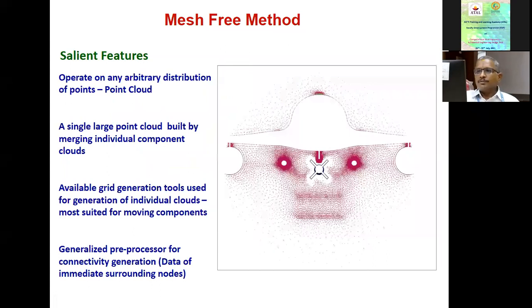So what is a mesh-free approach? This slide gives you a fair bit of a peek into what a mesh-free method is. What I'm showing here is a cross-section of a typical aircraft. Here you don't see any grid. What you see is just a cloud of points, that is, discrete points distributed around the geometry. This kind of generation of a cloud of points would be much easier than generating a set of grids, which would be either structured or unstructured or whatever hybrid approach.